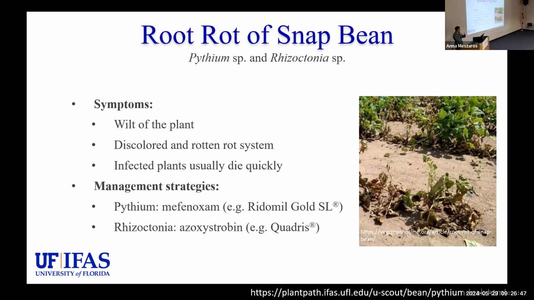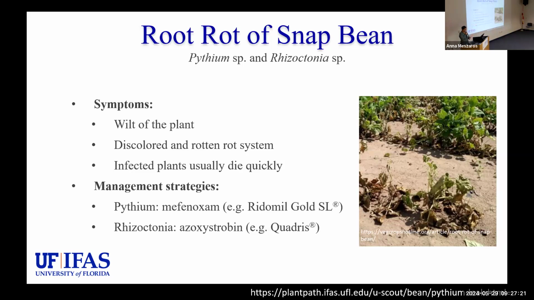So it needs a specific fungicide to control it. But Rhizoctonia is a fungi, so it can be treated with, for example, Quadris. So if you send your sample here and I tell you it has Pythium and Rhizoctonia, probably you want to apply both. Now, if I tell you, oh, I just identified Rhizoctonia on your sample, then you can spray or treat it with only